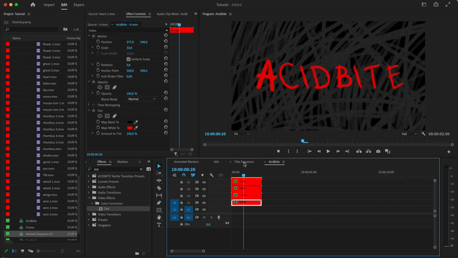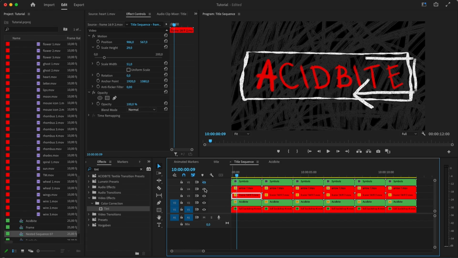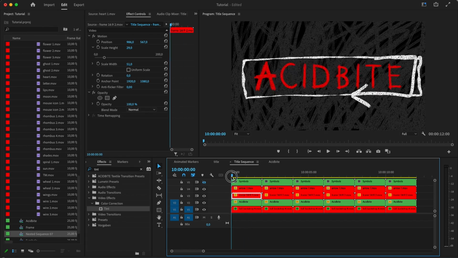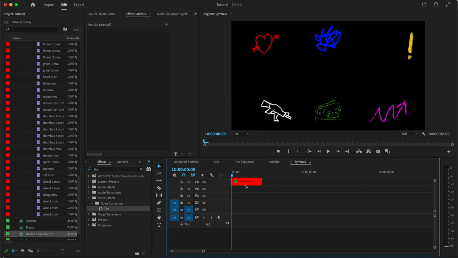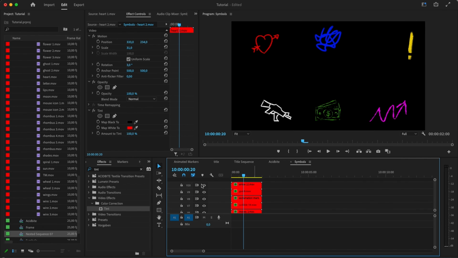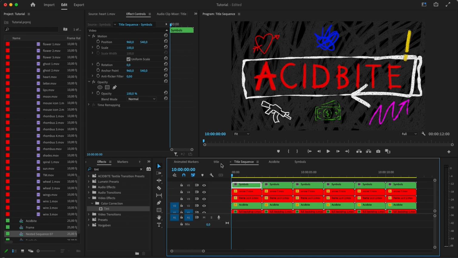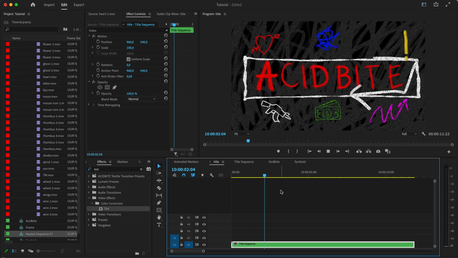After that, I made another subsequence where I used individual letters to build out the word AcidByte. Then I put a frame around it, and I grabbed this little arrow, which just happens to work perfectly with that frame. It's just getting creative and looking through the assets to see what fits. Lastly, I dropped in a bunch of these fun little animations, and I used a different tinting effect on each one, because they all start out as white. I added the different colors, and that's how I made this title sequence. It's pretty simple.